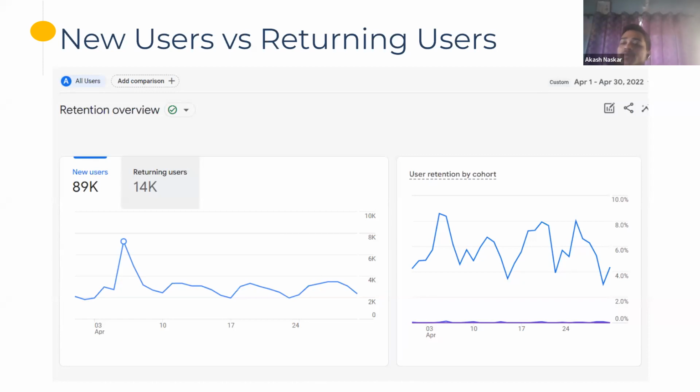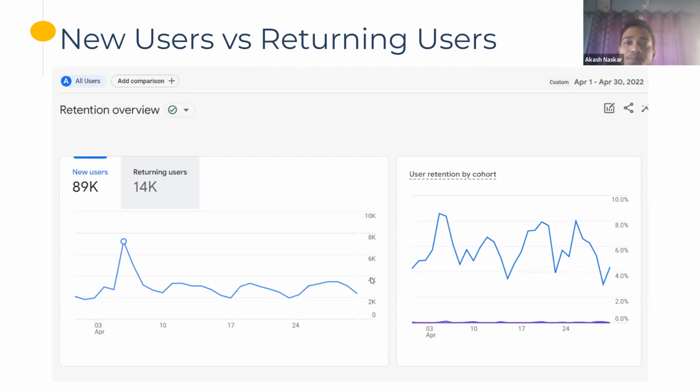So there your returning users number will be more, because more and more people will be coming back again and again and purchasing your product rather than new users. So it varies, but ideally it should be on a 1:1 ratio, that your new users and returning users maintain an ideal ratio of 1:1.